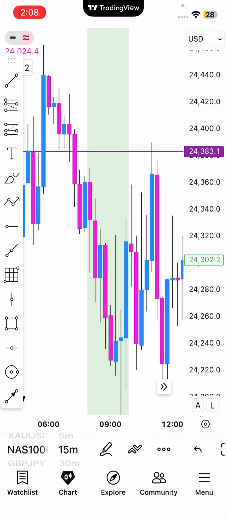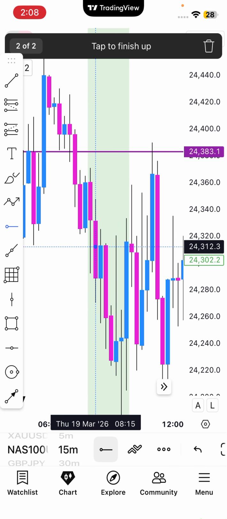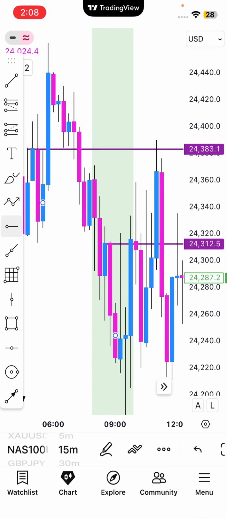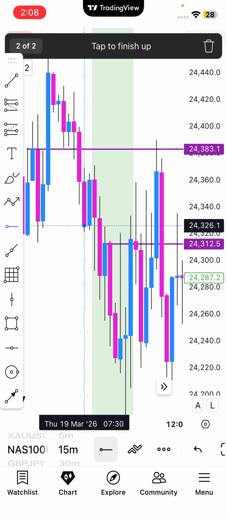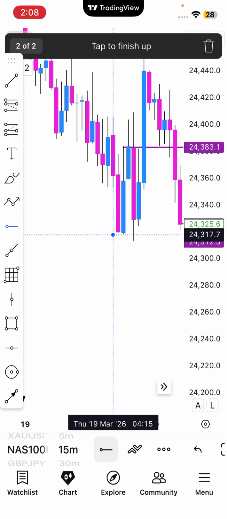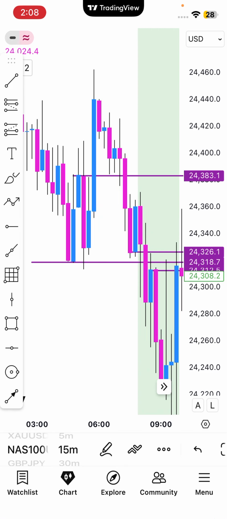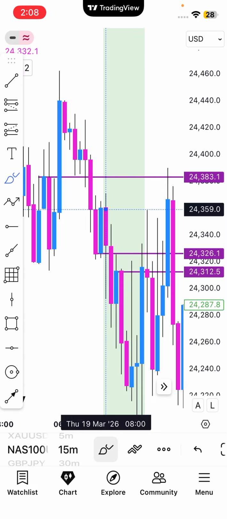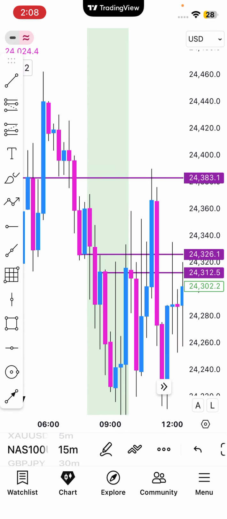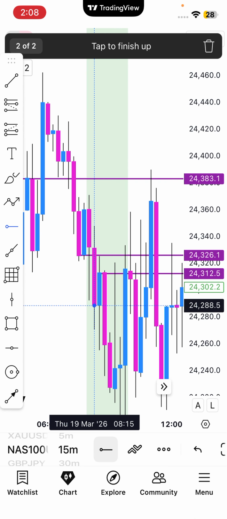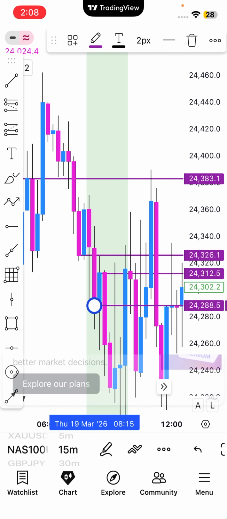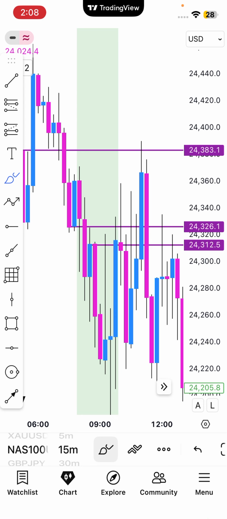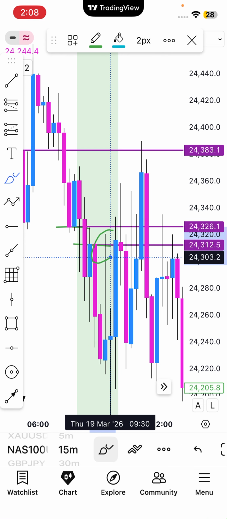If you were following direction and you were following flow, you could have taken this breakout here. Now, again, price has multiple setups, like multiple levels. Like you can see this here, right? You can see this here. It has multiple, right? So you want to take the one that's closest to price. So these ones here. Now, if I were to take this one here, it wouldn't make any sense because price likes to go to the deeper levels. So for me personally, I would take this level and I would take this level,